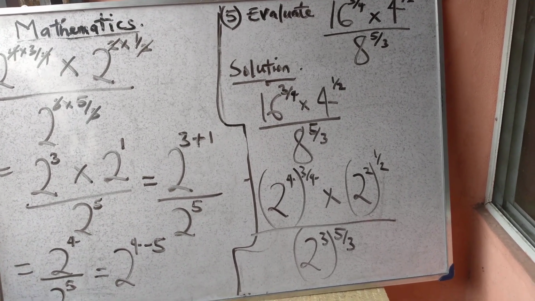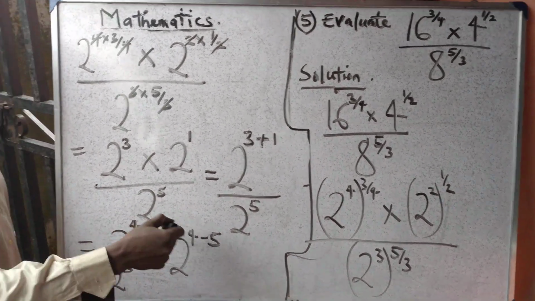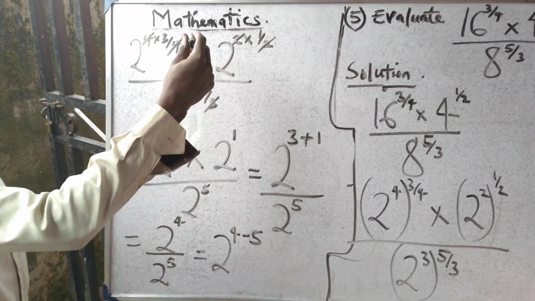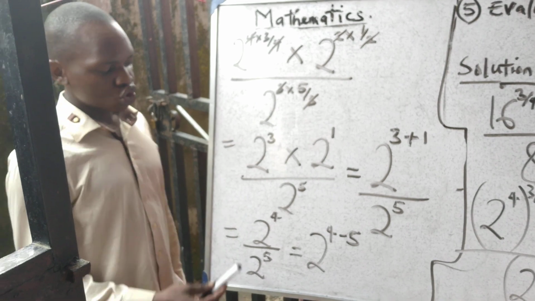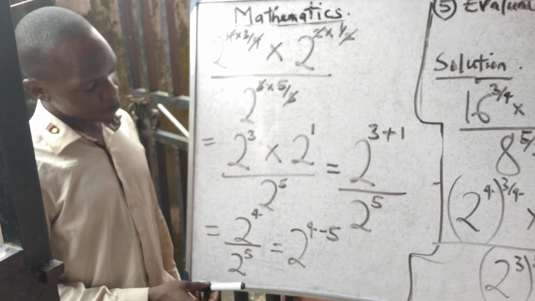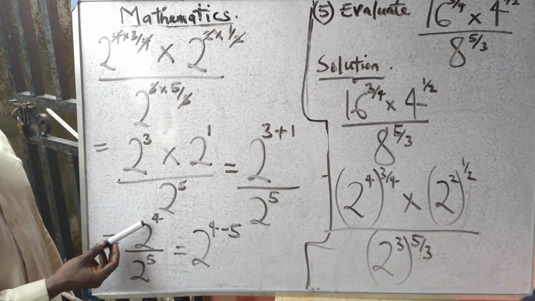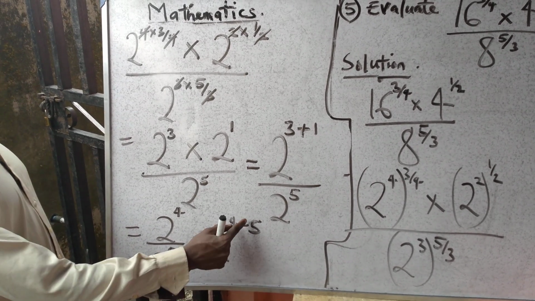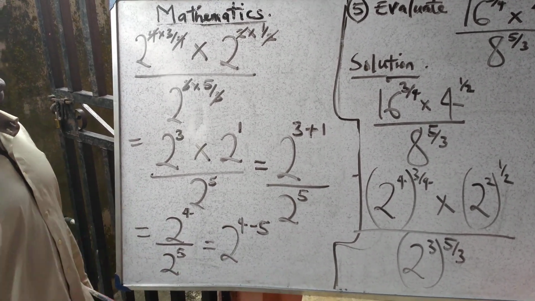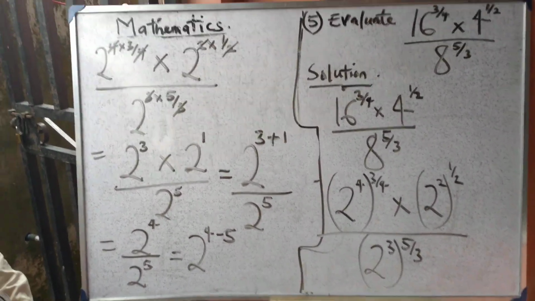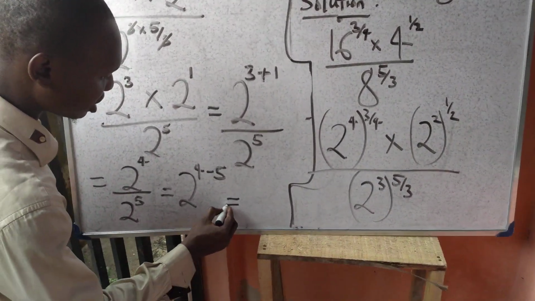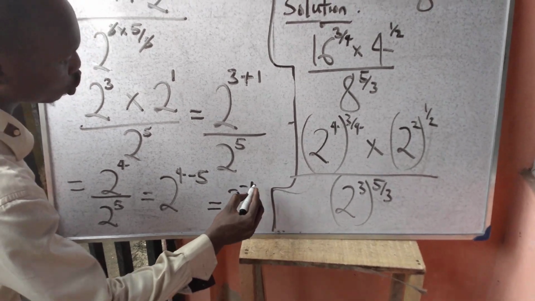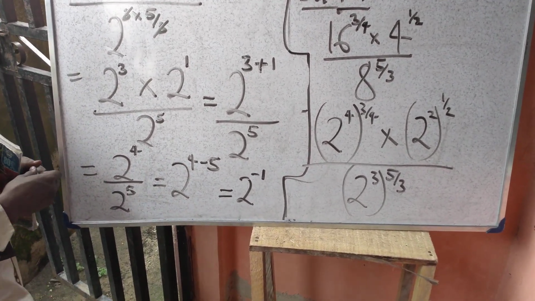Now to this you apply division of indices. So you are going to subtract the power of the divisor from that of the dividend. So we have 2 raised to the power 4 minus 5. This is a systematic approach, and finally you get the answer. So 4 minus 5 is minus 1. So we have 2 raised to the power minus 1, which is